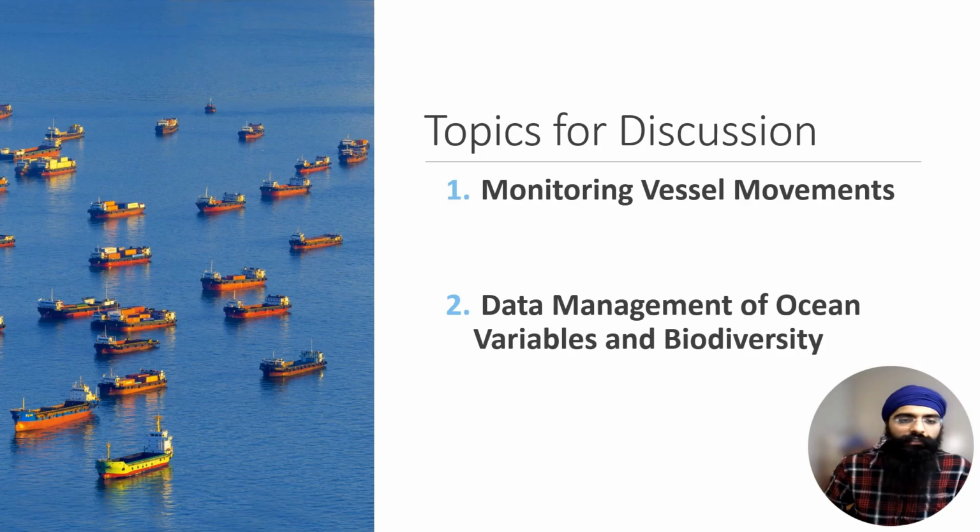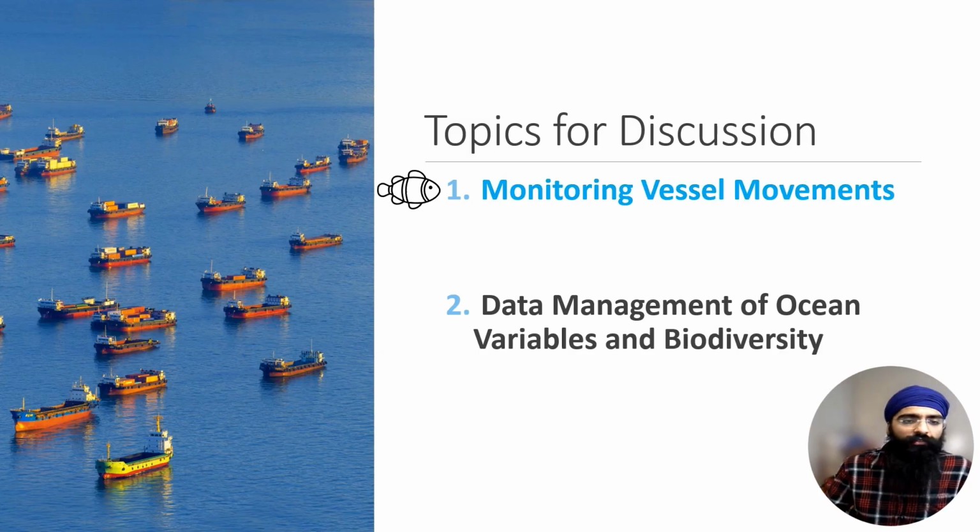First, I'm going to discuss monitoring vessel movements. Vessels are specifically what we call ships. There is a variety of types of ships in the oceans. The next thing is ocean variables, like biodiversity: ocean data specifically, what are the broader properties, what is the biodiversity, what kind of things are there in the ocean. This data has been collected from different sources. I'm going to talk about how AI is facilitating and providing a basic component to expedite the processes.